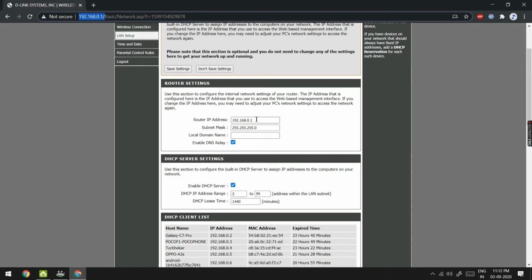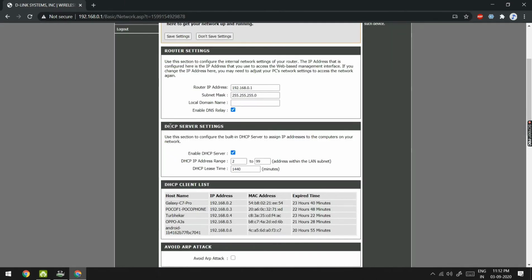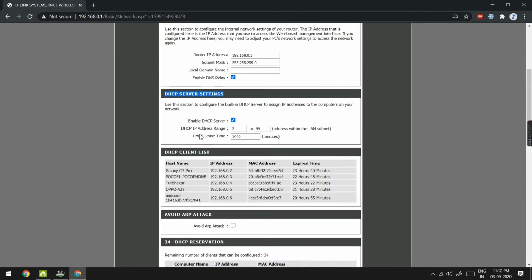This is our default gateway address, followed by the subnet. Then the DHCP server setting comes, in which I have enabled the DHCP server, and I have given my DHCP IP range as 2 to 99.